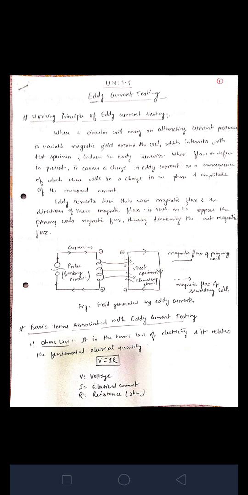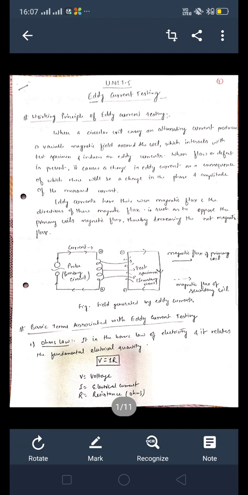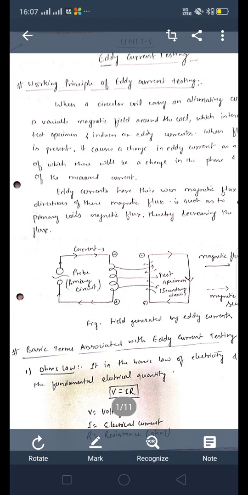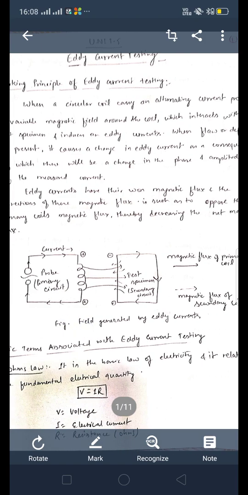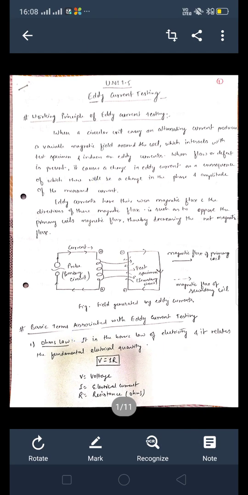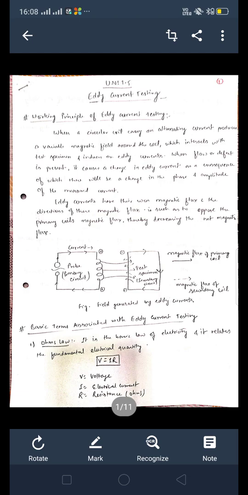Now the basic terms associated with eddy current testing. There are many terms associated with eddy current testing, and the first one is Ohm's law. Everybody has already studied Ohm's law in physics in the 9th, 10th or 12th classes. What is Ohm's law? It is the basic law of electricity. It relates the fundamental electrical quantities in which V equals I into R, where V is the voltage, and I is equal